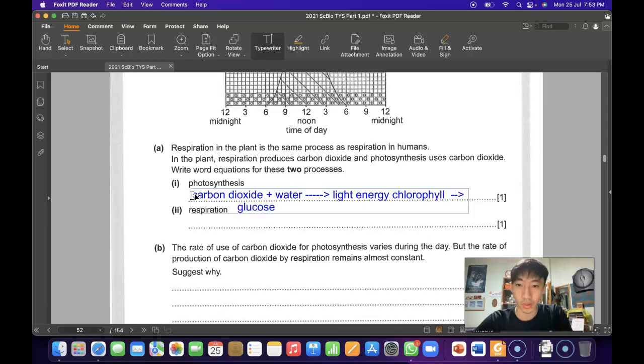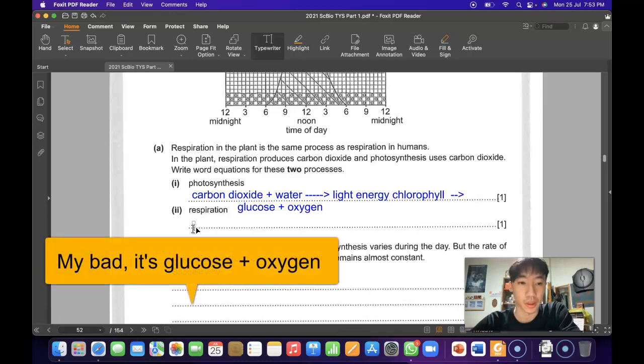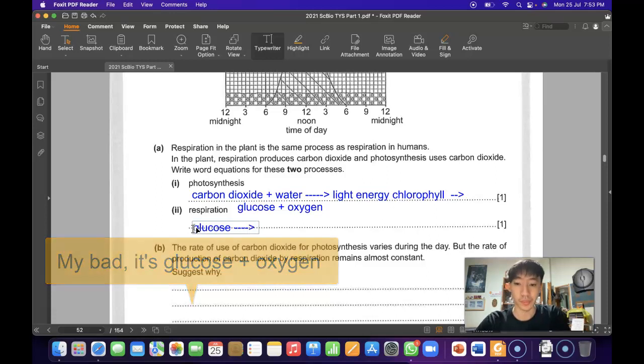Okay, glucose and oxygen. Very ugly. We have not learned respiration yet, so if you went to Google and you got the answer, that's fine. But a lot of you missed out a key important thing over here. Respiration is glucose being broken down into water